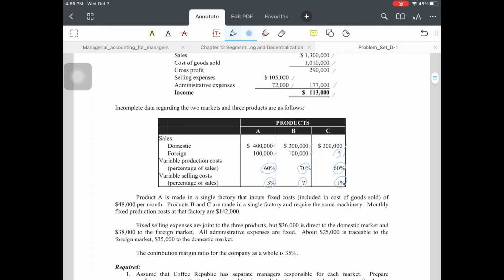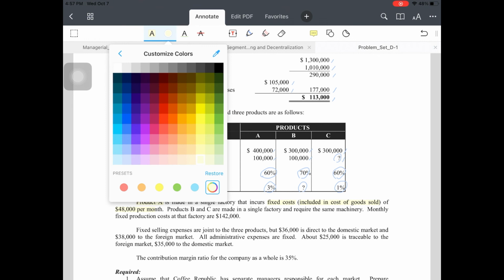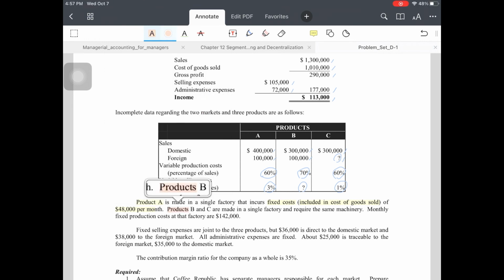We have additional information here. Product A is made in a single factory that incurs fixed cost, included in the cost of goods sold, of $48,000 per month. Then for products B and C, which are made in a single factory and require the same machinery, the monthly fixed production costs at the factory are